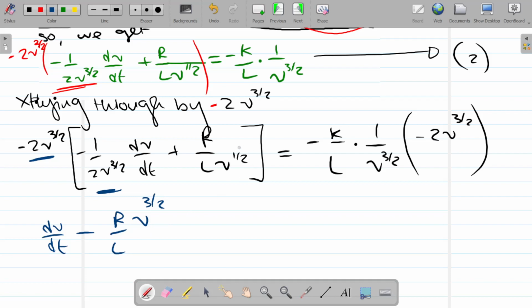And I'm going to write this v to the power half there as v to the power minus a half on top. And that's equal to minus k over L, and, well, straight away you can see that that cancels with that. Right, so we're left with,